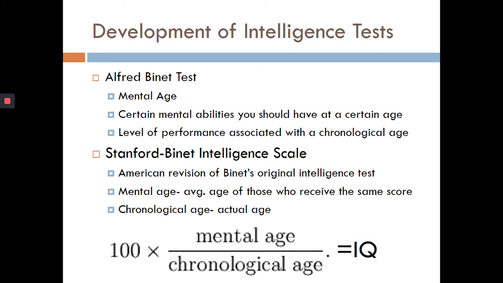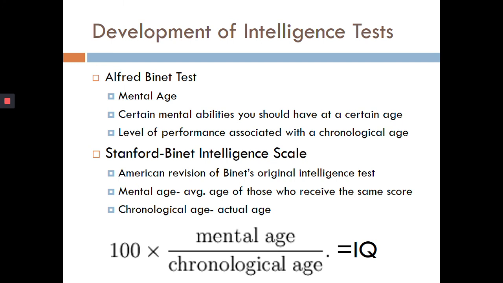So taking that one step further, we get the Stanford-Binet Intelligence Scale, which was Lewis Terman, who adopted this test and revised it. And this basically becomes the American intelligence test. So what you're going to do is take your mental age, divide that by your chronological age, multiply that by 100, and that's how you get your IQ score. So have you ever wondered how you get an IQ of, say, 125? Your mental age would be 10, chronological age is 8.